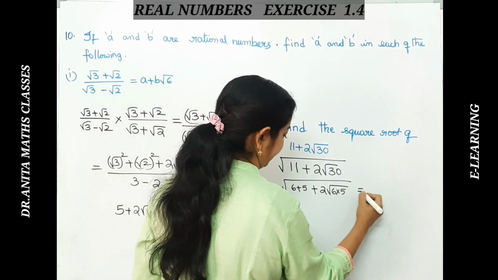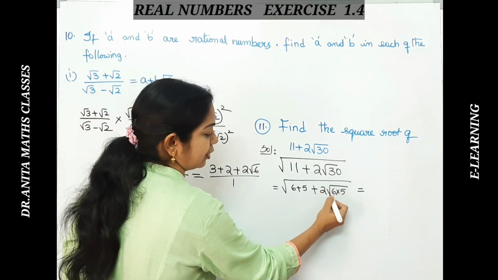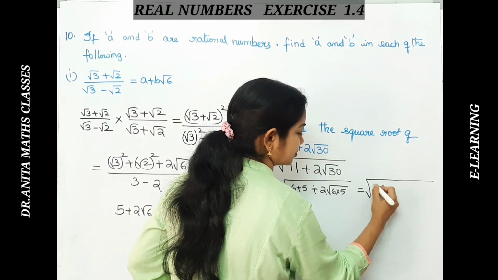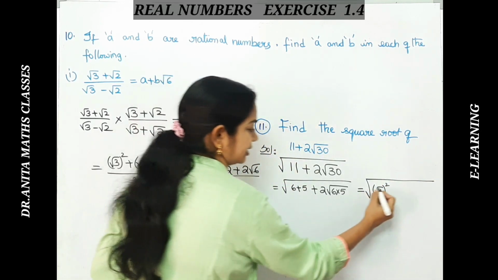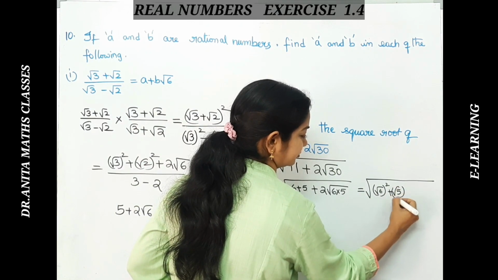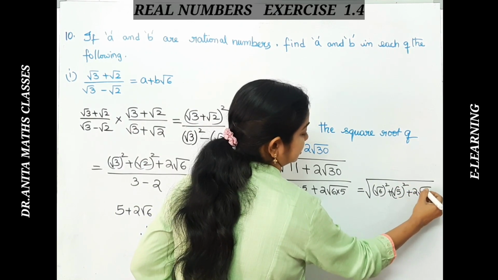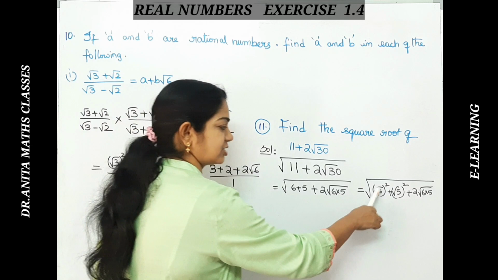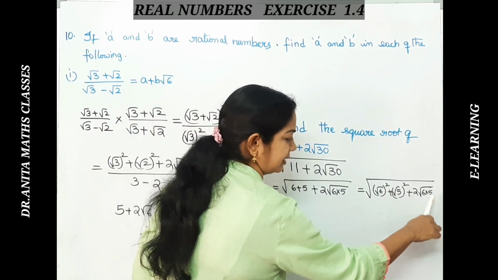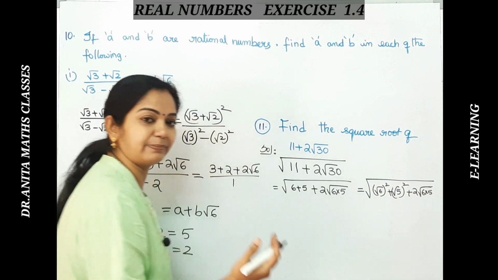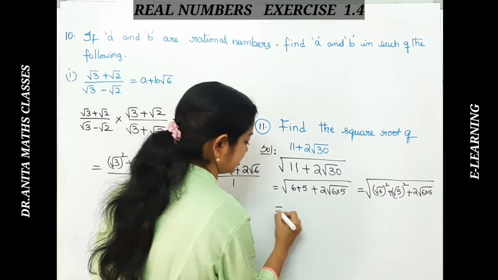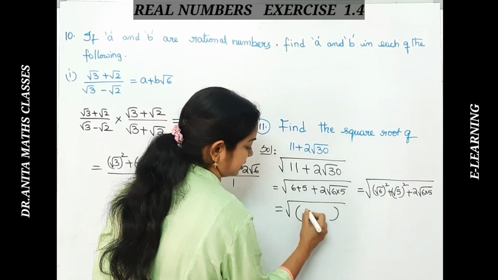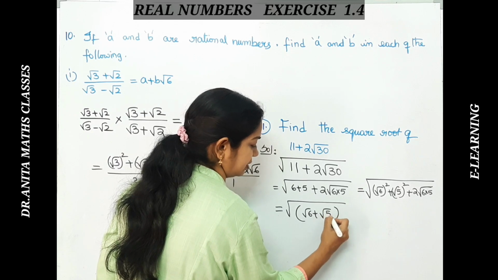So this becomes, and also if you see here root 5 root 6, I can also write here root 6 whole square. Okay, square root square goes and 6 we can write. So root 5 whole square plus 2 root 6 and 5. Okay. So this is in the form of a square plus b square plus 2ab. I have made it into that form. So that becomes a plus b whole square. So that is under root of a plus b whole square. So a is root 6 plus b is root 5, whole square.